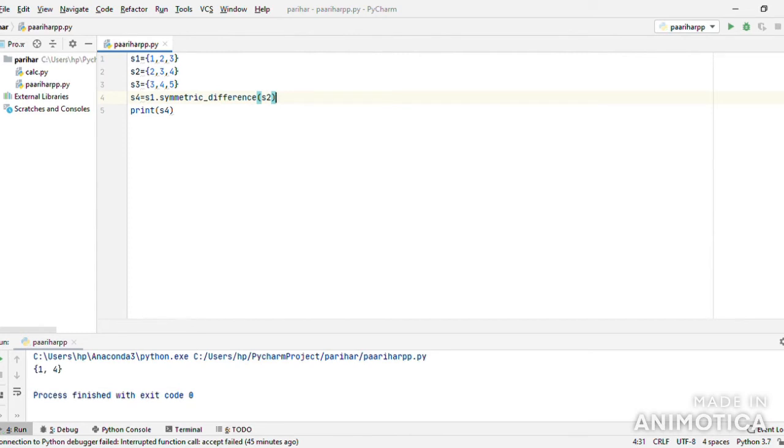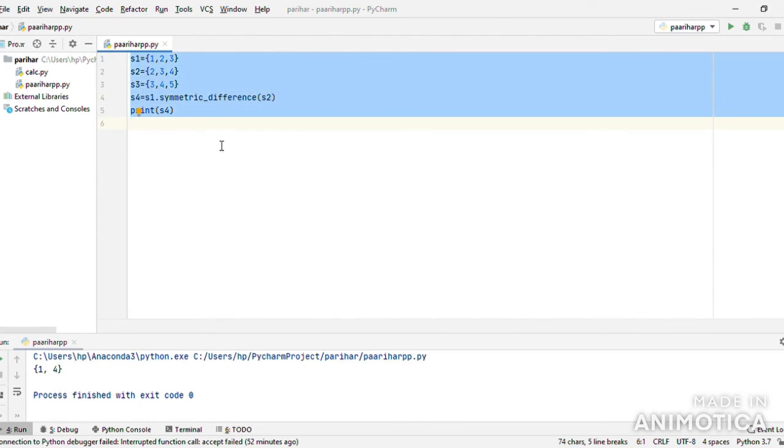You can see that we get 1 and 4. It doesn't matter in which order they are. Here I can write S2 and pass S1 here, because it is going to give us the differences from both sets all together.